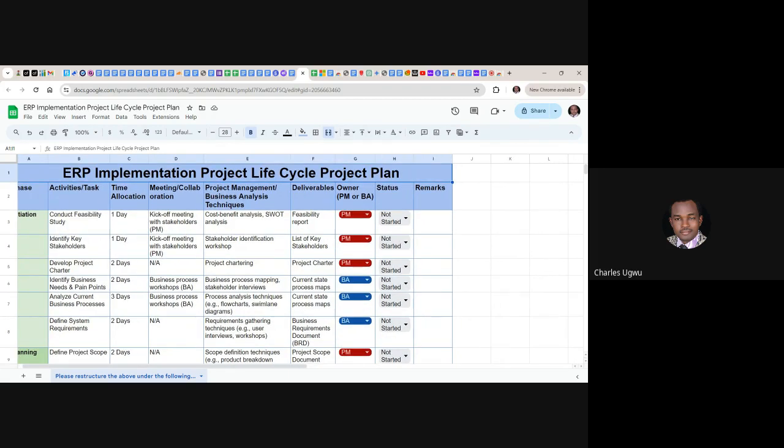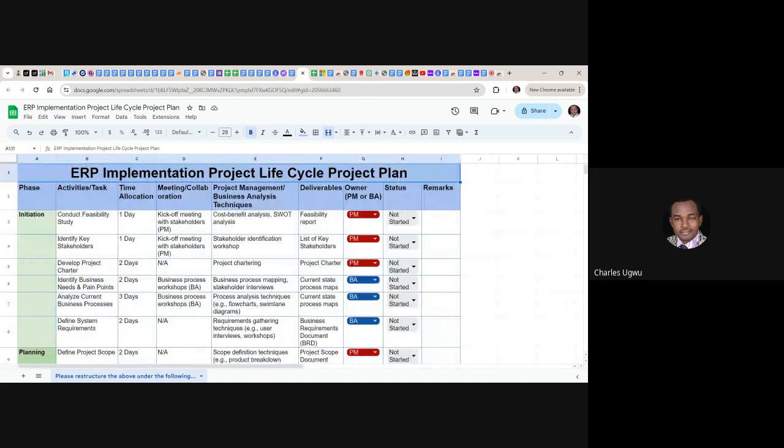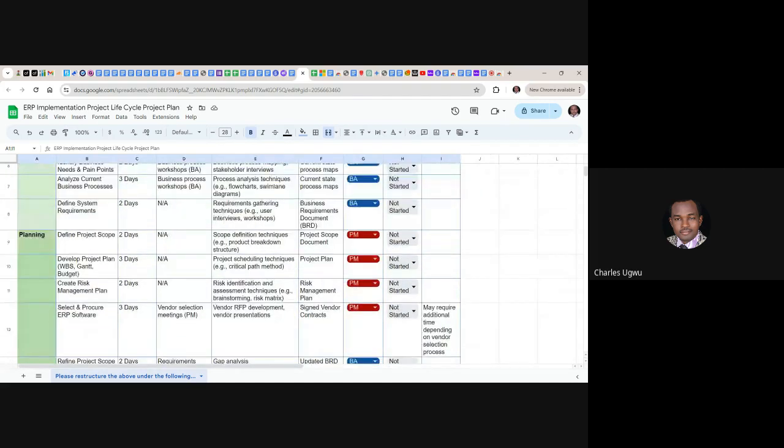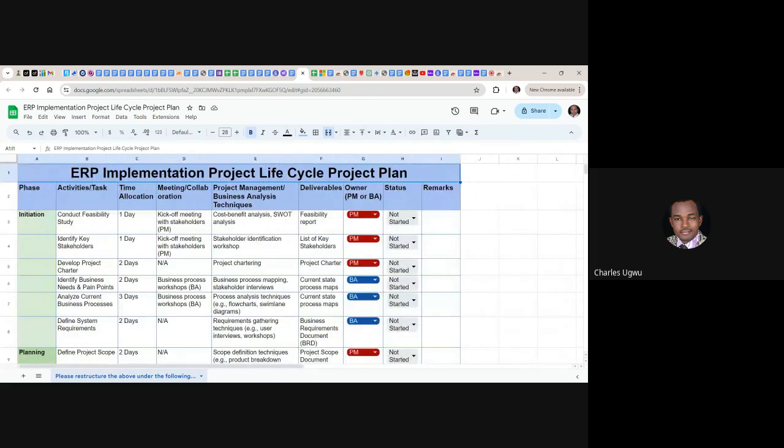But this is just to show you an example, a picture of how a project plan should look, because a project plan should go beyond this. Let me call it a work breakdown structure, but it's a more complex work breakdown structure, which covers this